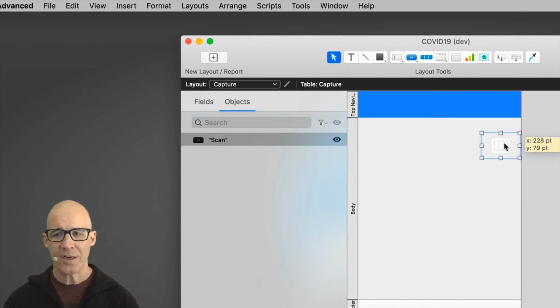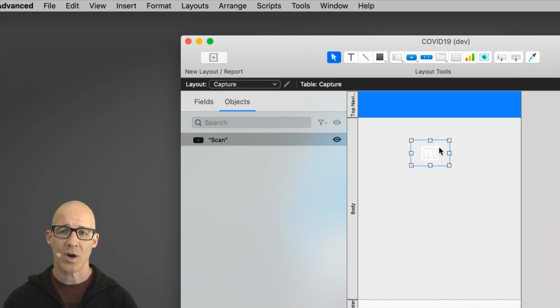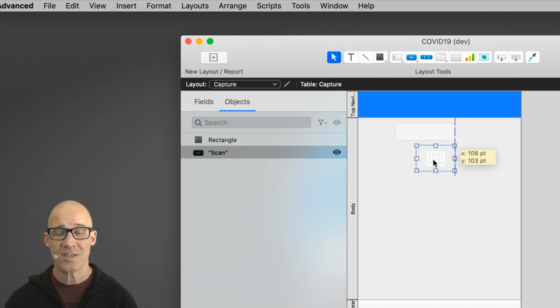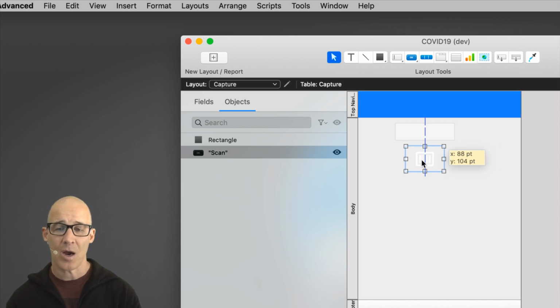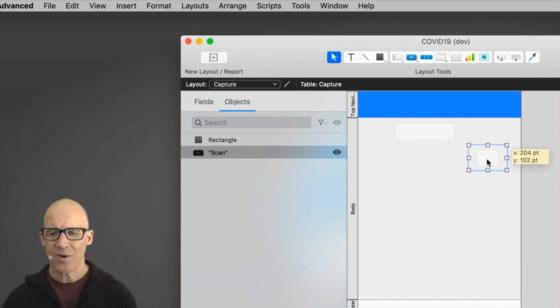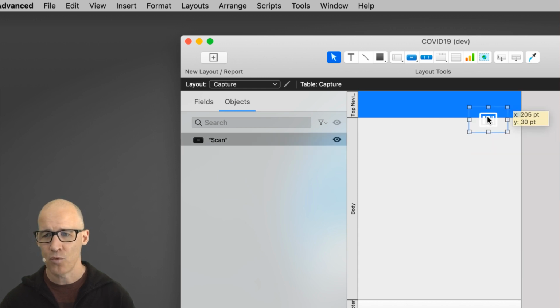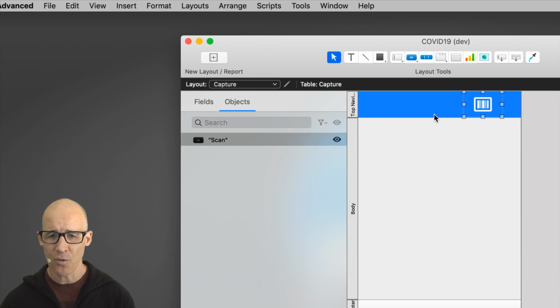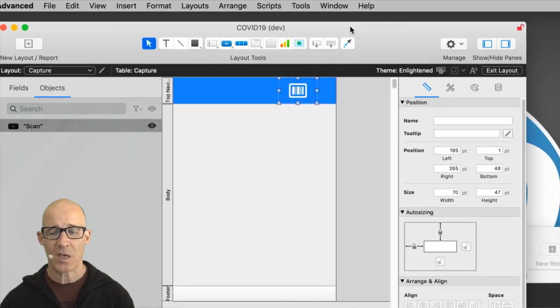Sometimes, like right now, I would expect it to snap to this other object. In fact, if I add another object onto my layout, look, you can see that it's now snapping onto the edge of that other object. If I go to this edge, then it'll snap to the other edge. But for some reason, it's not doing it on the edge of the layout. So the position tab, I really love that. In order to get this object, and you can think of me as being a little too particular, but we'll